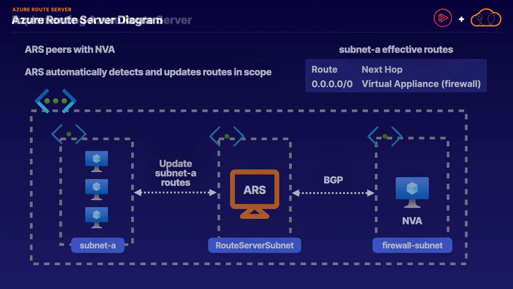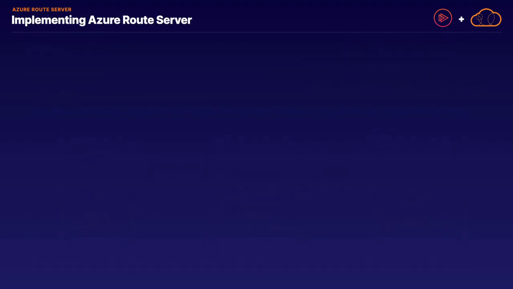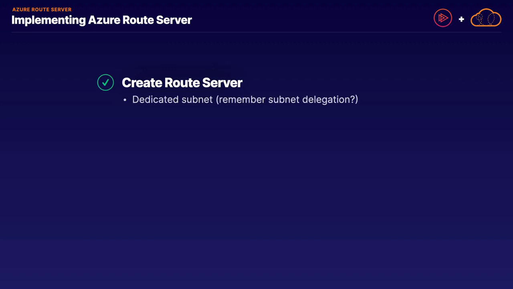Next, let's take a quick look at how to implement the Azure Route Server service. And these are going to be the specific points we are going to focus on, at least from an exam perspective for this lesson. Our first step will be to create the Route Server service, and very important to note is that this service requires a dedicated subnet, which once again goes back to our previous lesson on subnet delegation. That subnet must have a specific name of Route Server subnet,